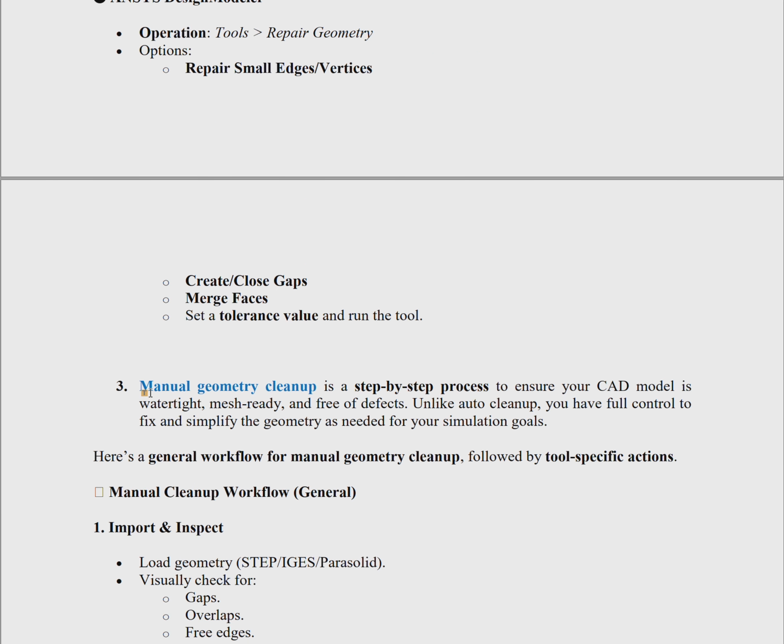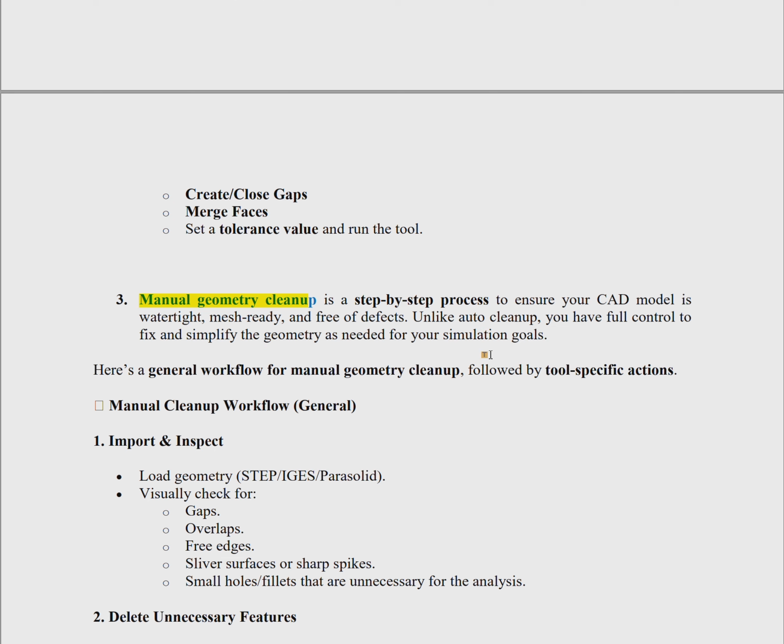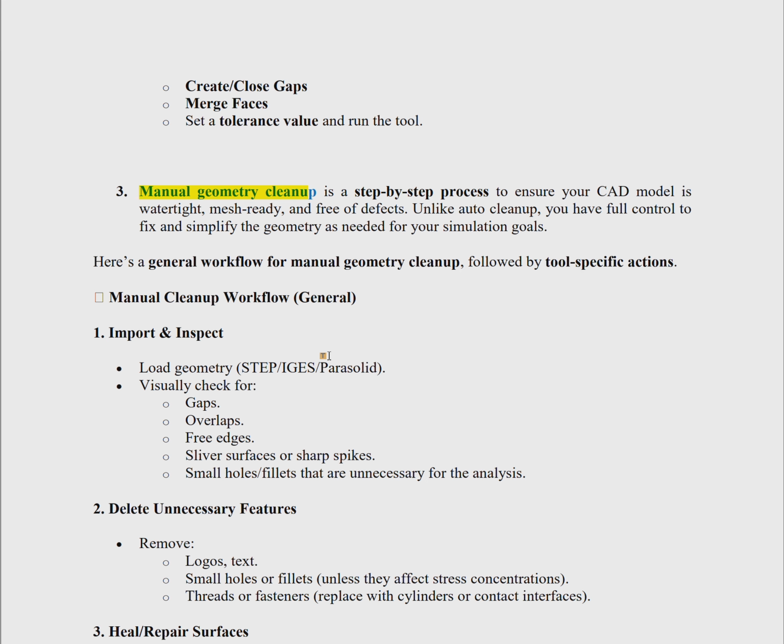Now the third point is manual geometry cleanup. Manual geometry cleanup is a step-by-step process because it is performed by the operator, the FEM analyst. So this is somewhat a time-taking process, to ensure your CAD geometry is watertight, mesh-ready, and free of defects. Unlike auto cleanup, you have full control to fix. This manual cleanup provides a lot of flexibility to simplify the geometry as needed for your simulation goals. So here is a general flow diagram